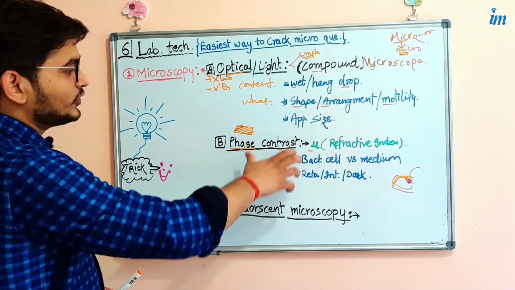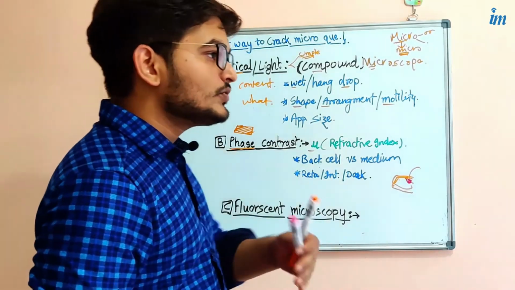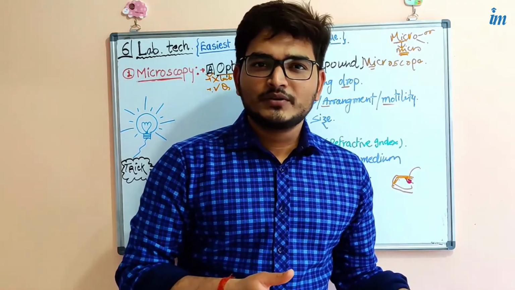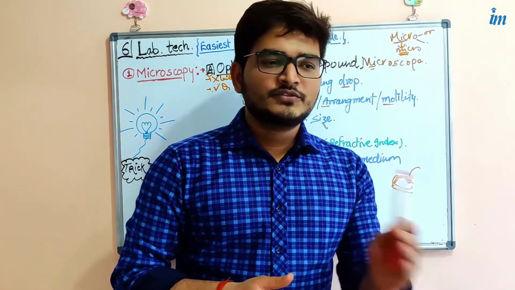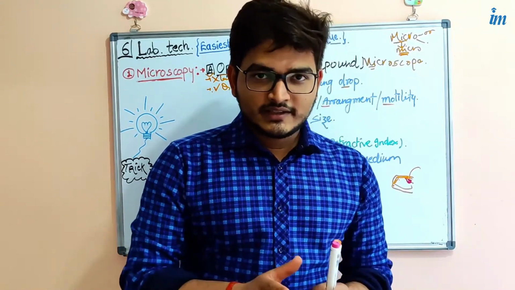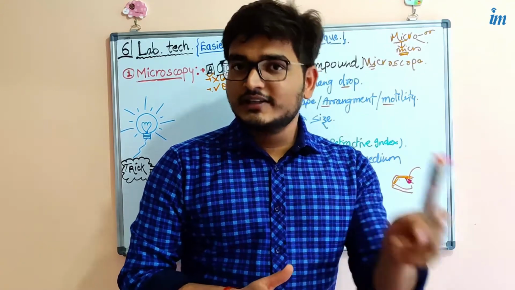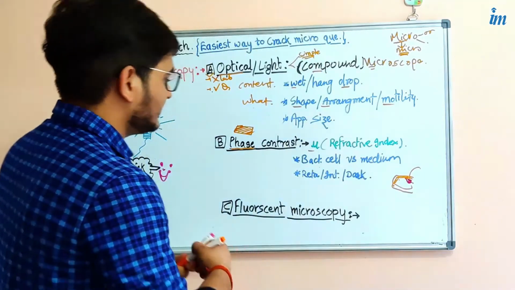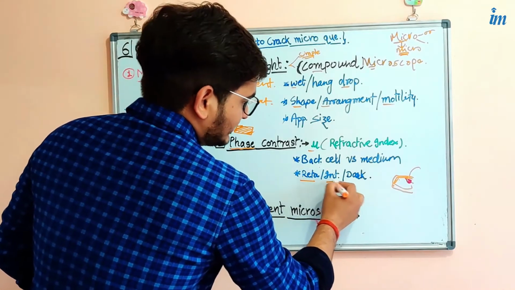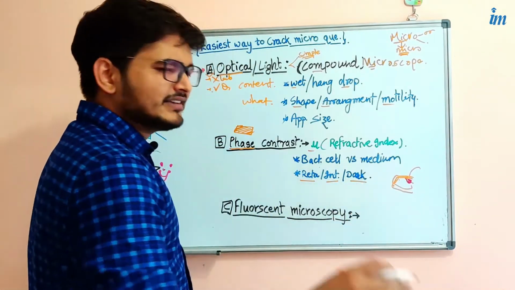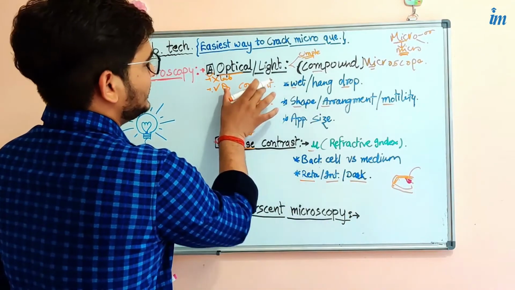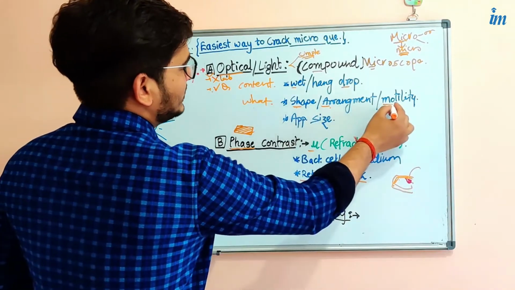If you simply say that microscopy can be used everywhere, when you talk about microorganisms you are simply going to use the microscope. That is not the answer when you say you will use the microscope. You should be more selective and precise over the question. Only then are you going to get the concept behind them. The concept uses retardation, intensity, and dark. I think you all are familiar with them. So just keep in mind that in optical there was shape, arrangement, and motility.